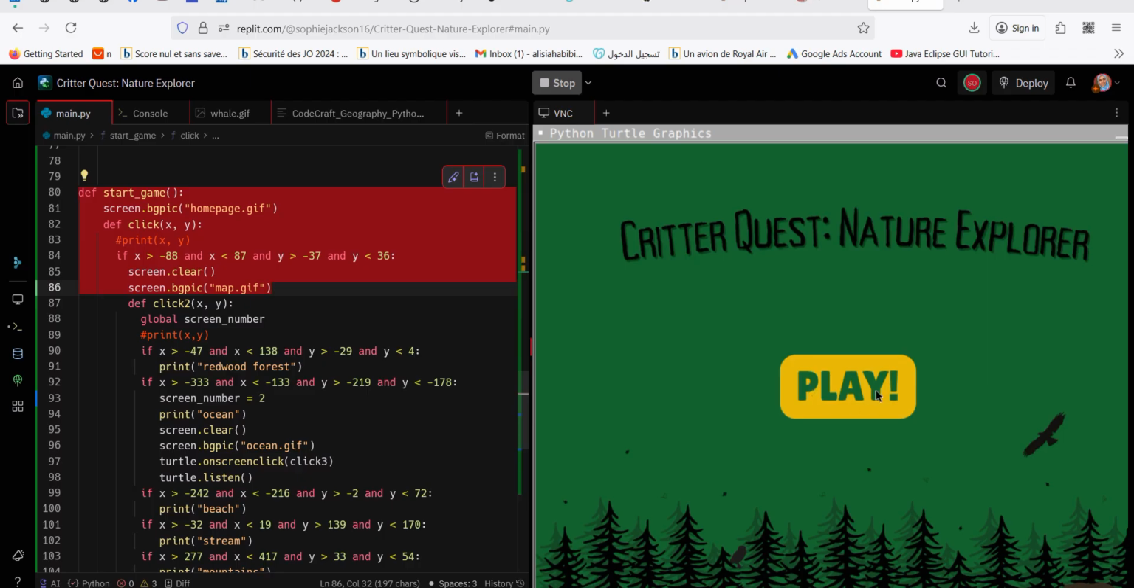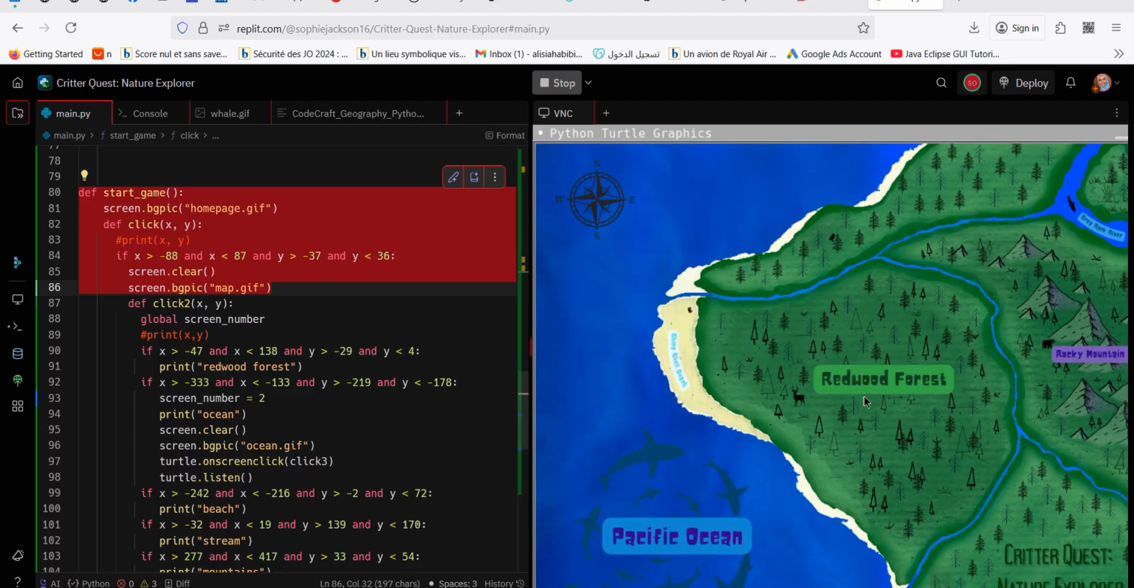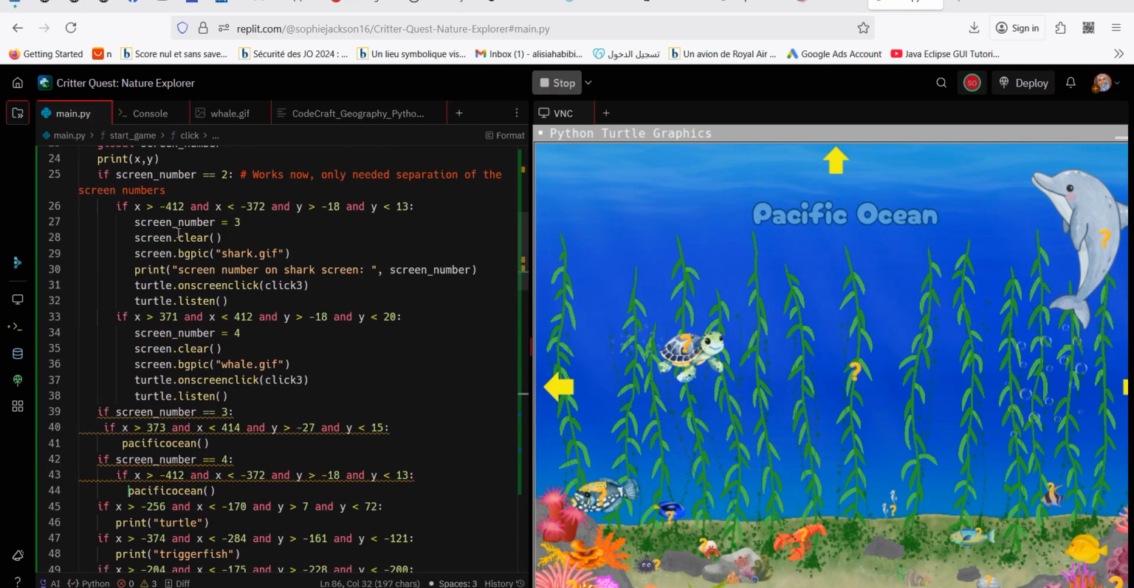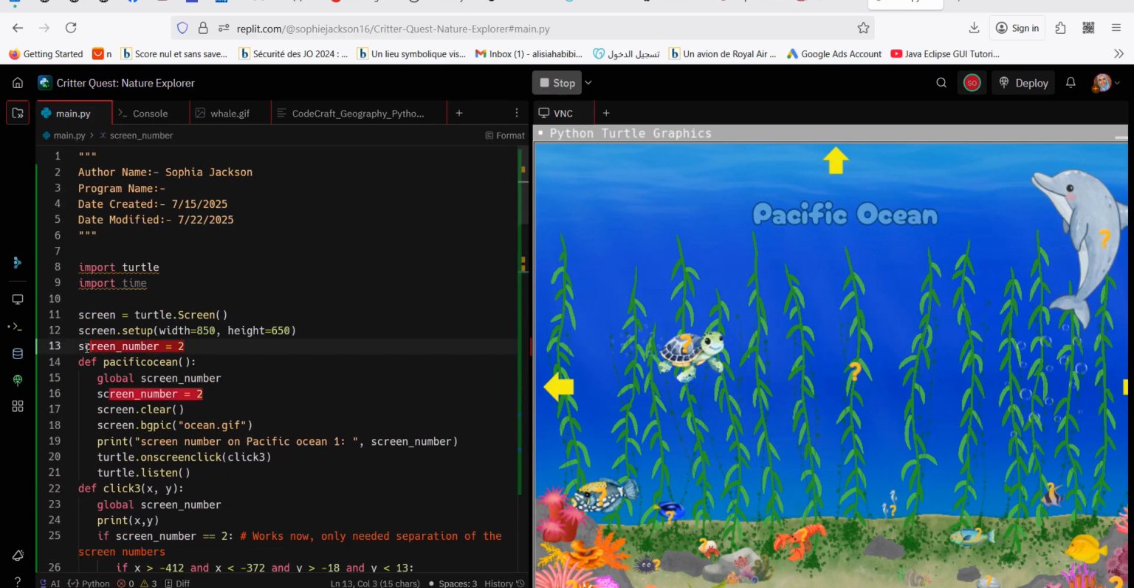We clicked on play, or maybe even I consider this to be screen 1. Sorry, not the first one. That one's just the home screen. This map is screen 1. But when you click on Pacific Ocean, then you go to screen 2. And that's why I started the screen number at 2. If you look at line 13, I didn't really need to start it at 1. It wasn't really relevant for me to say screen number equals 1, since we're not doing anything with the map,